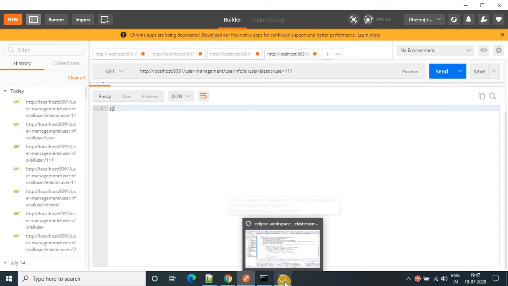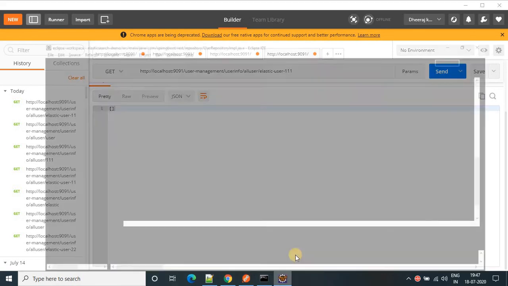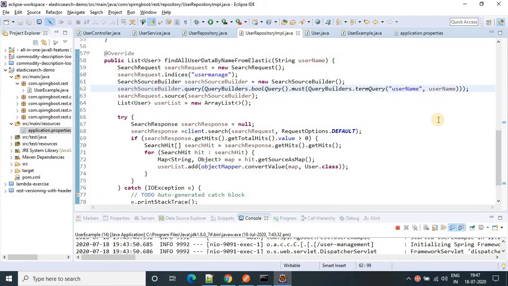So we have to tell Elasticsearch that you don't use analyze, you have to use the keyword analyzer. So for keyword search, we have to provide here username dot keyword.